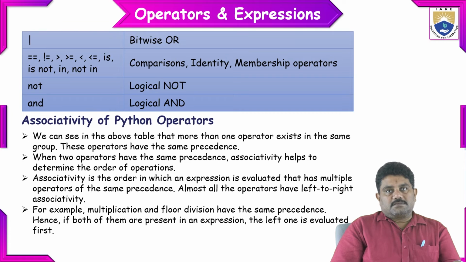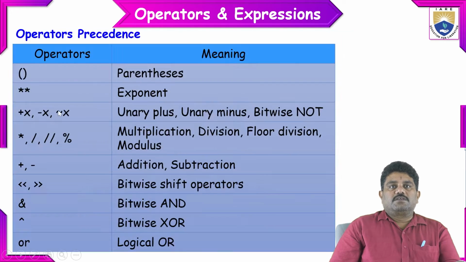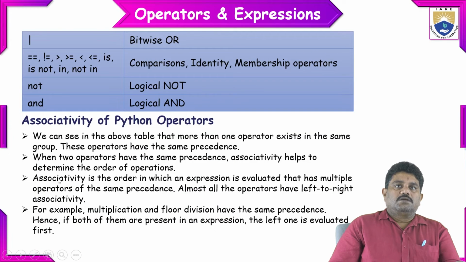In some cases, even in a single expression, if you see this table, at this category there are 3: unary plus, unary minus, and bitwise not. At this row, we can find 4 operators: multiplication, division, floor division, modular division. Plus and minus, we have 2 operators. Here also 2 operators. So at the same priority, many operators are there. In such situations,